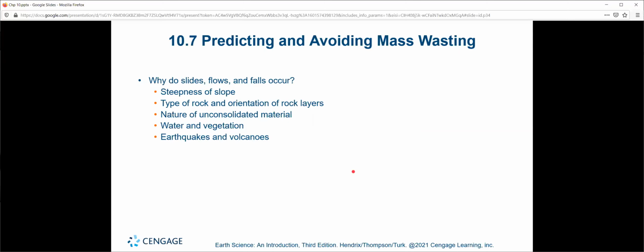Water and vegetation, exactly this process I was talking about. Water there, the idea being how moist the soil is. The more moist the soil is, maybe the more likely it's going to want to move, right? You're going to have mass wasting after rain a lot more than you have mass wasting after droughts. And lastly, earthquakes and volcanoes. If nature decides to get really mad and shake and blow its gasket all over the place, yeah, you're going to cause some damage to the earth.